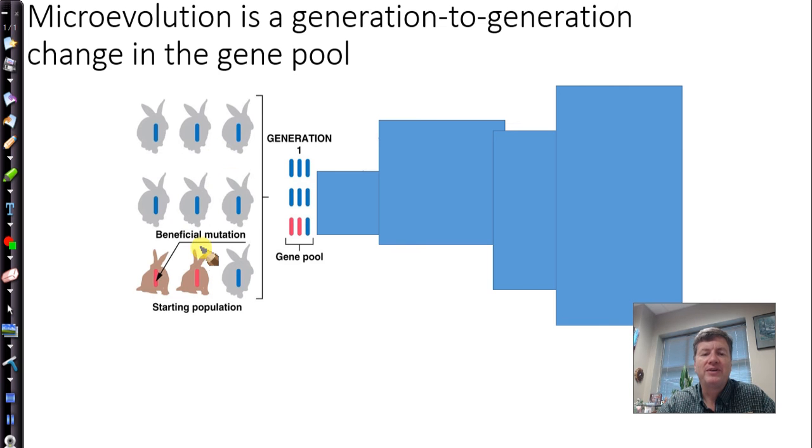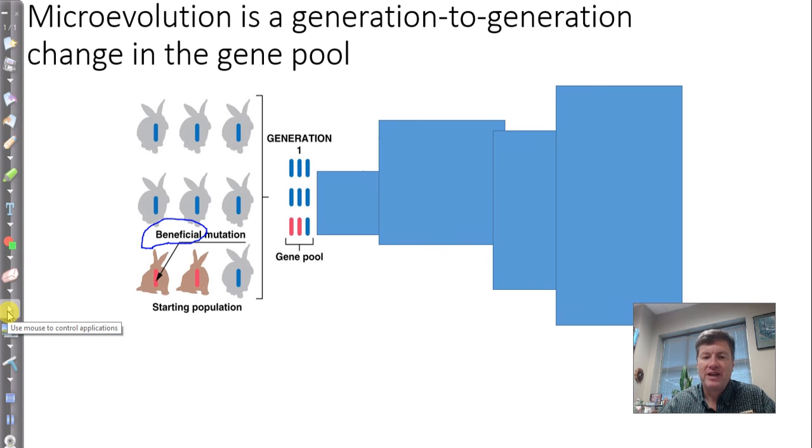So when we look at how this plays out, if you look over here, we have a population of 9 rabbits, and they're showing you the gene pool represented as having 7 with this blue version of a gene. This is a little simplification, but it works. And then 2 of them have this pink version, and the pink version is a beneficial one. So what we would expect to see over time is natural selection favor that one if that's the beneficial version of the gene. So here in generation 1, they're representing our gene pool as just 7 blue ones and 2 pink ones to represent what this looks like. And then we can look at what happens in the next